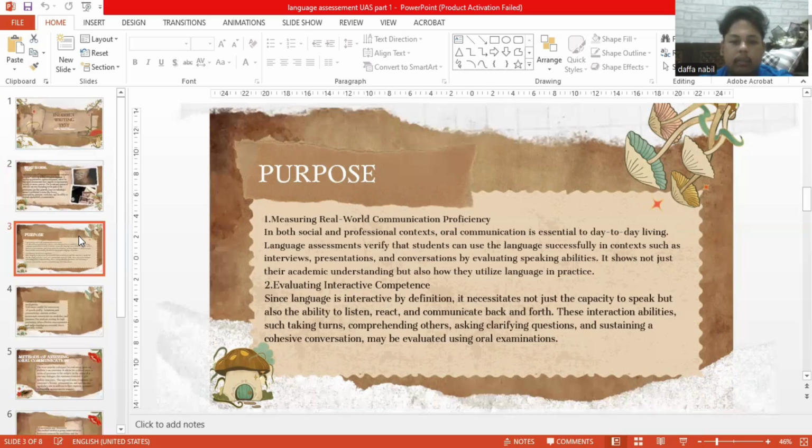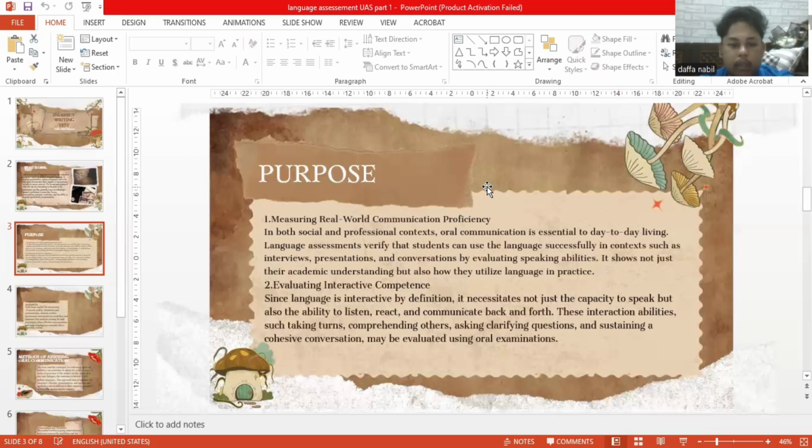Language assessment verifies that students can use the language successfully in contexts such as interviews, presentation, and conversation. By evaluating speaking abilities, it shows not just their academic understanding, but also how they utilize language